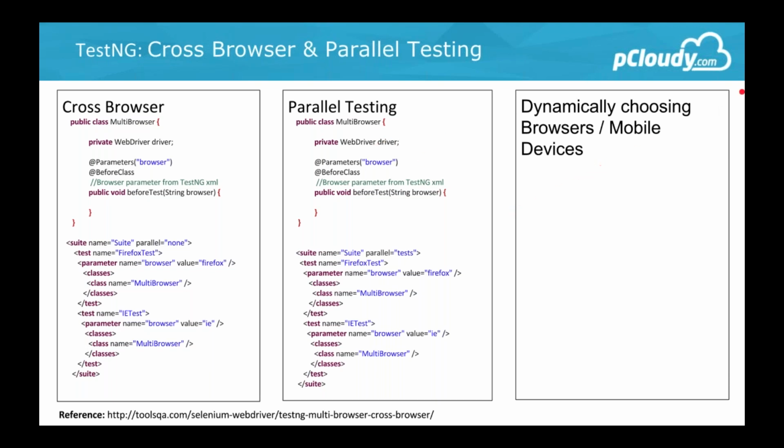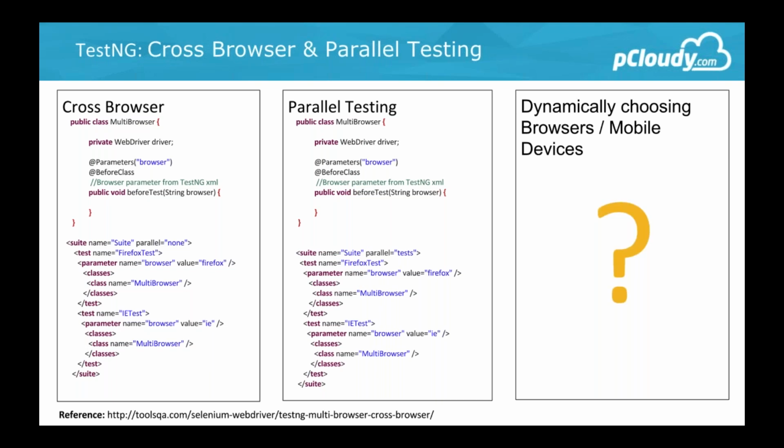Now, the core of this webinar: dynamically choosing browsers or mobile devices for Appium. Even if we have achieved stage 5 over here by TestNG, this is still parallel testing and everything is on different threads, and as we were following TestNG's best practices, this was not static. We have got the logging framework and the snapshots framework. Everything was going good. But